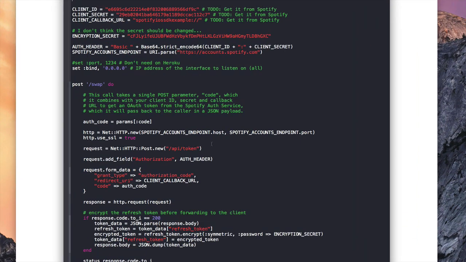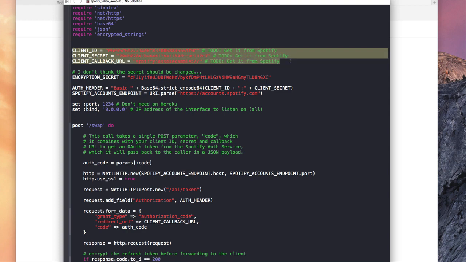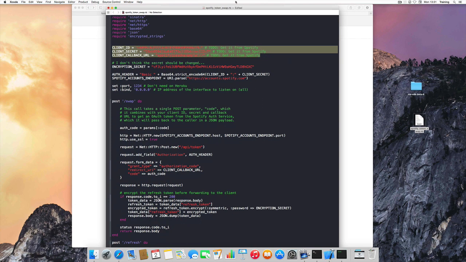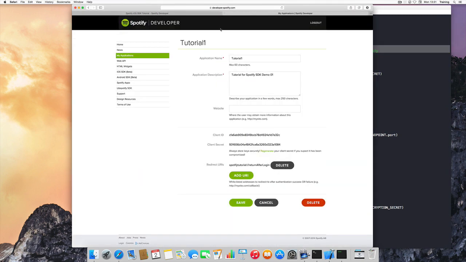And now what we are interested in actually is, first of all, uncomment this line so that we set this port to 1234, and also we're interested in these three lines: client ID, client secret, and callback URI. And as you might have already guessed, we're going to get this stuff, let's close this GitHub page, from the Spotify developer